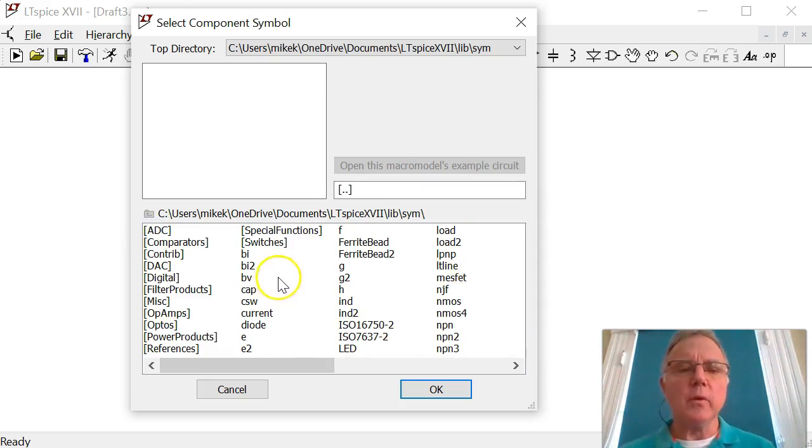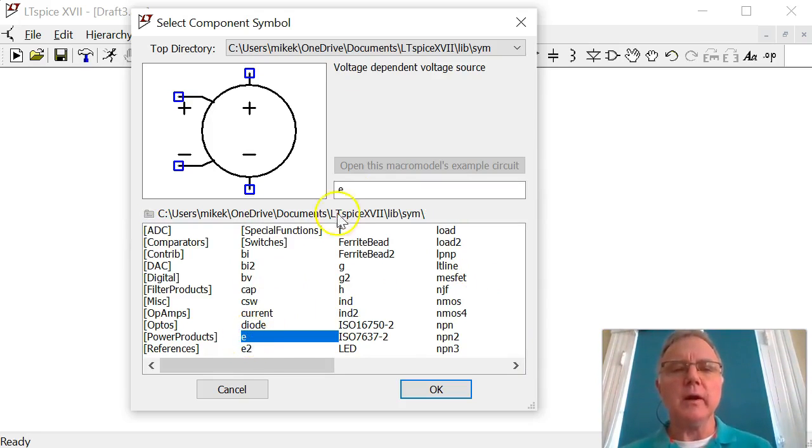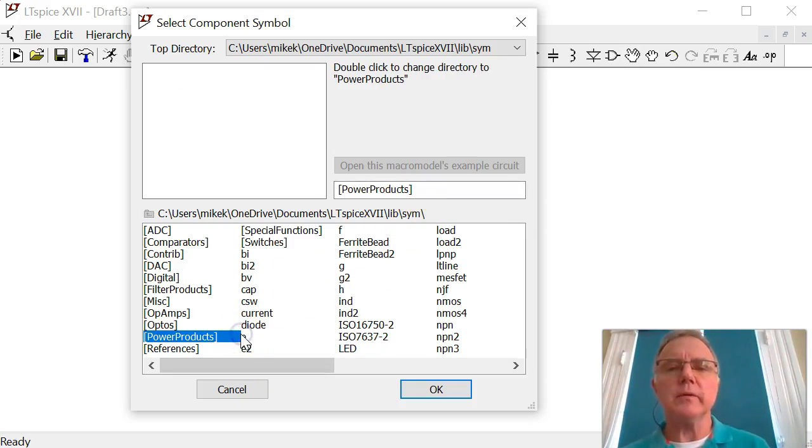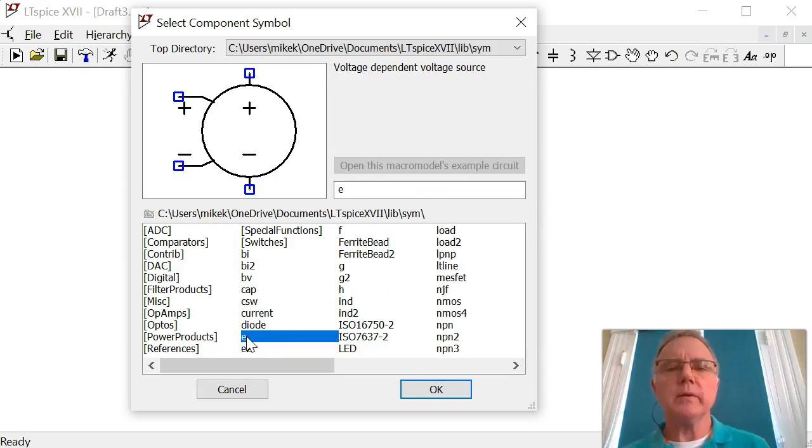So back where we were before, there are a couple of things that you can use that you might find beneficial, which are these E, E2, G and G2. Like this is a voltage dependent voltage source, back when you were drawing your little triangles. This is a voltage dependent voltage source. What was the other one here? Already forgot. So you've got a couple of those,